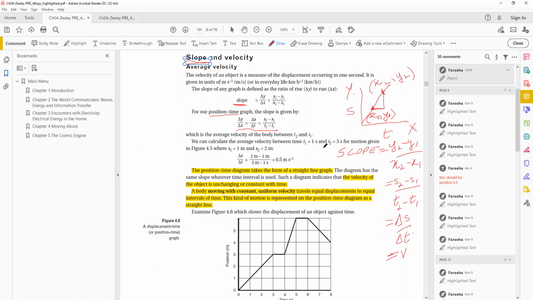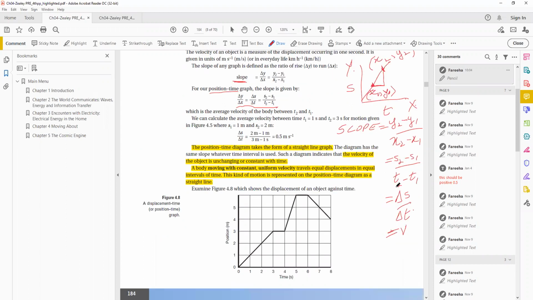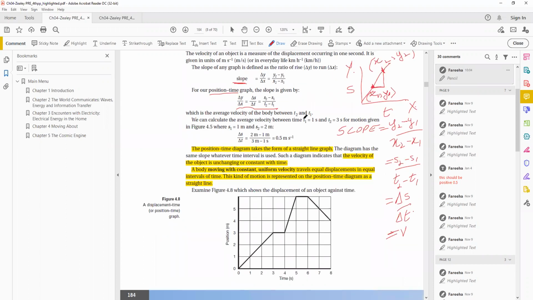Okay. So this is a graph from which they have made the calculations. In this case, they're calculating for T1 equal to 1 second. This is from here, right? T1 is equal to 1 second and T2 is equal to 3 seconds. So T2 is equal to 3 seconds is here. These are the 2 points they're looking at. And for these 2 points, when you drop the perpendicular like this, you will take y2 for this position. Y2 for this position is equal to,